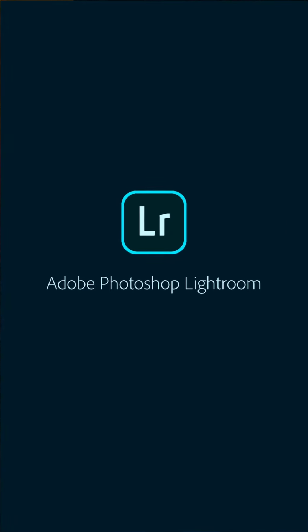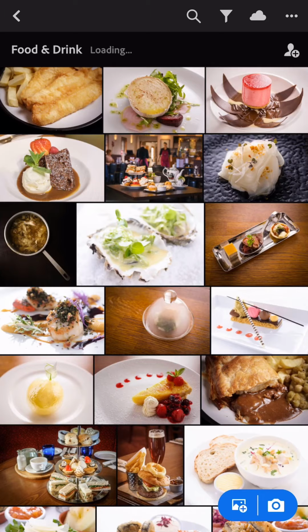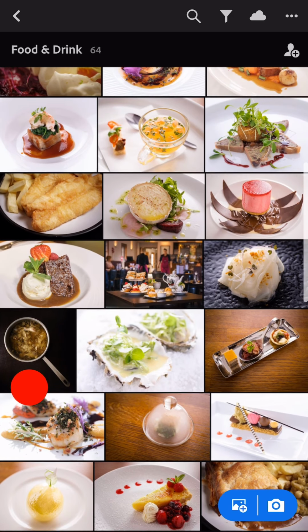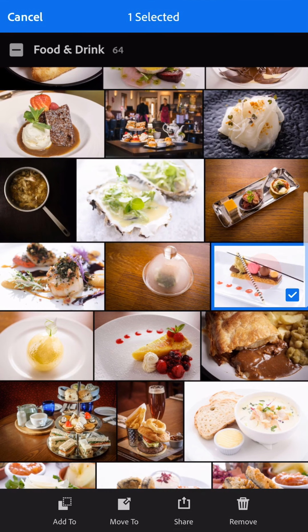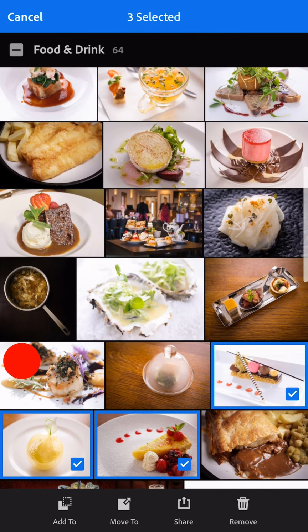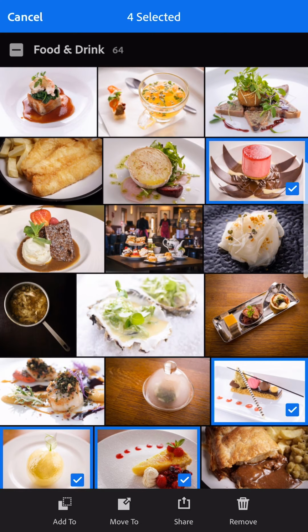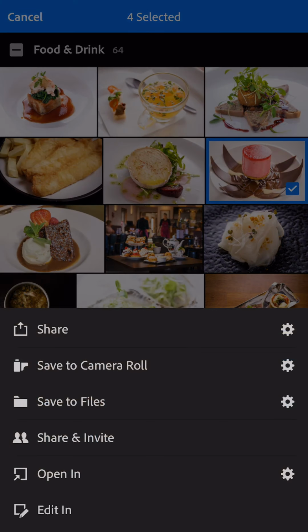So first of all, I'm going to nip into Lightroom Mobile and get some images. And I think we'll work with puddings today. Yeah, this looks like a good option. So I'm just going to click and press on that image. We'll have that one, we'll have that one, and probably that one up there, and then go to share,